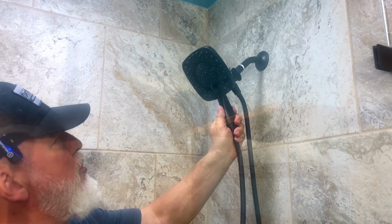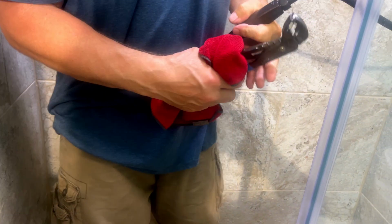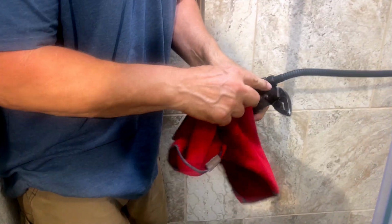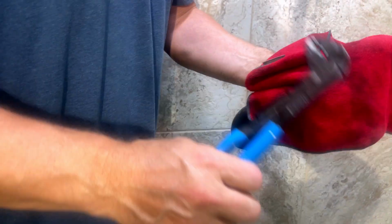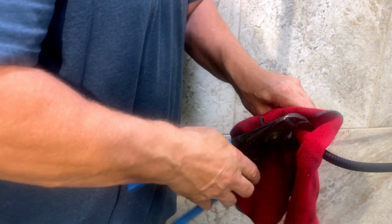Alrighty, so this one just pops out. Matter of fact, we will start with this one and see if there's a restrictor in this side. And this is what I mean about marring it up. If you put these grips on there right now, you're going to take off the metal. So where you're going to take it like this,